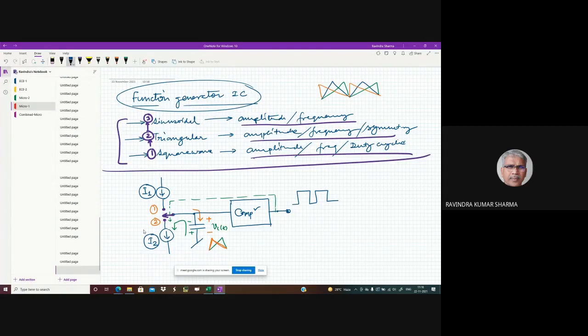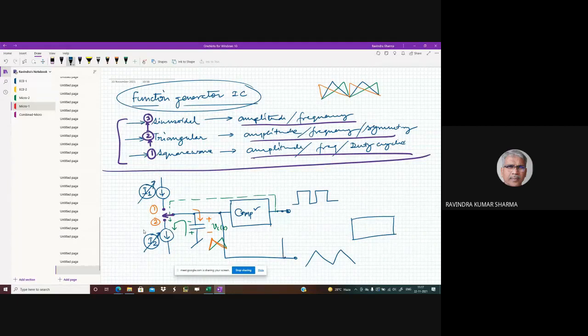One waveform is the square wave, the other waveform which we have here is the triangular wave of different symmetry. And their frequency is controlled by I1 and I2. I1 and I2, they are controlling the frequency. Now what happens, you can have another block which converts triangular wave into